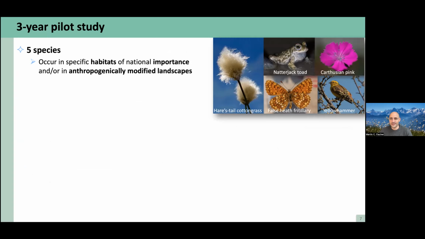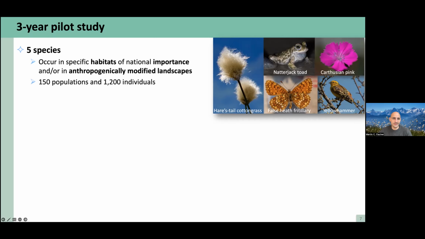are anthropogenically modified. So what you're looking at as example is the hairtails cottongrass, which is a species living in peat bogs. We have the Natterjack toad, which lives in amphibian sanctuaries. We have the Carthusian pink, which is a plant living in dry meadows. We have the false Heath fritillary butterfly, which is a butterfly species that lives in edge habitats. And we have the Yellowhammer, a bird species that lives in agricultural areas, which is, of course, highly modified by